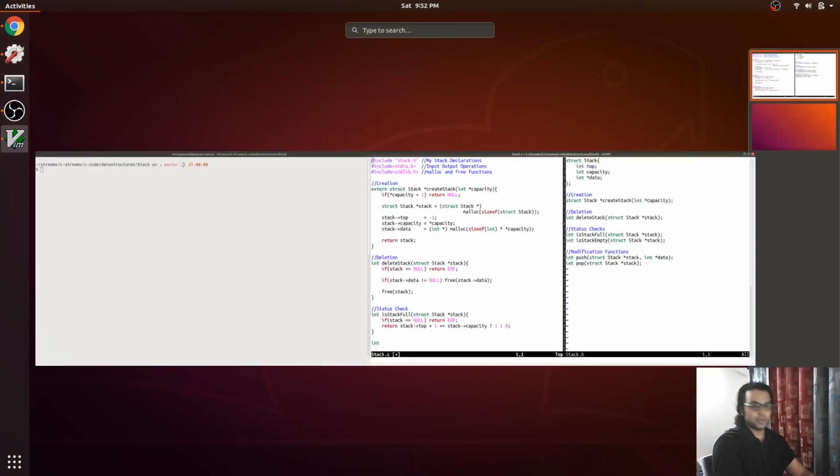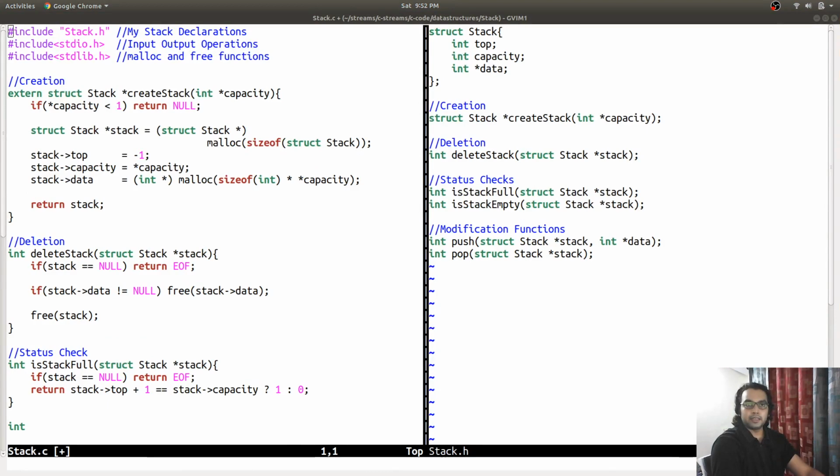One minute. Let me see how to scroll up in Vim.